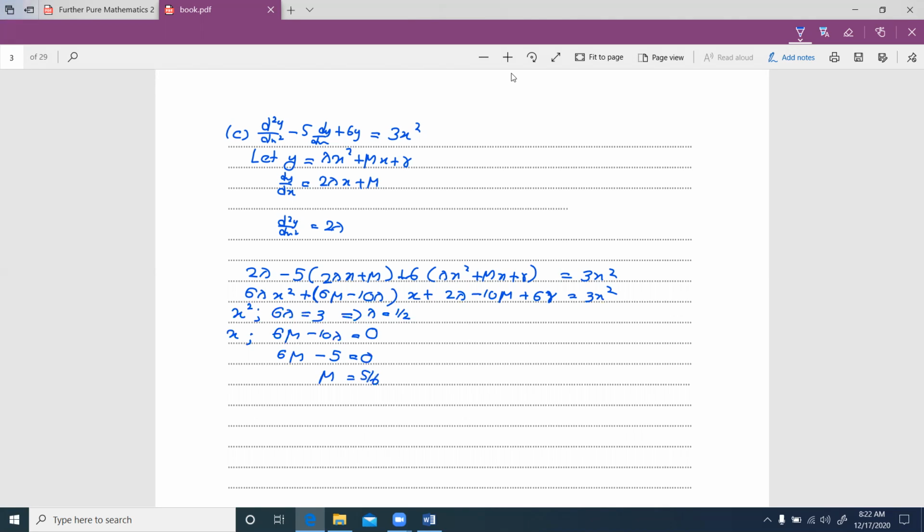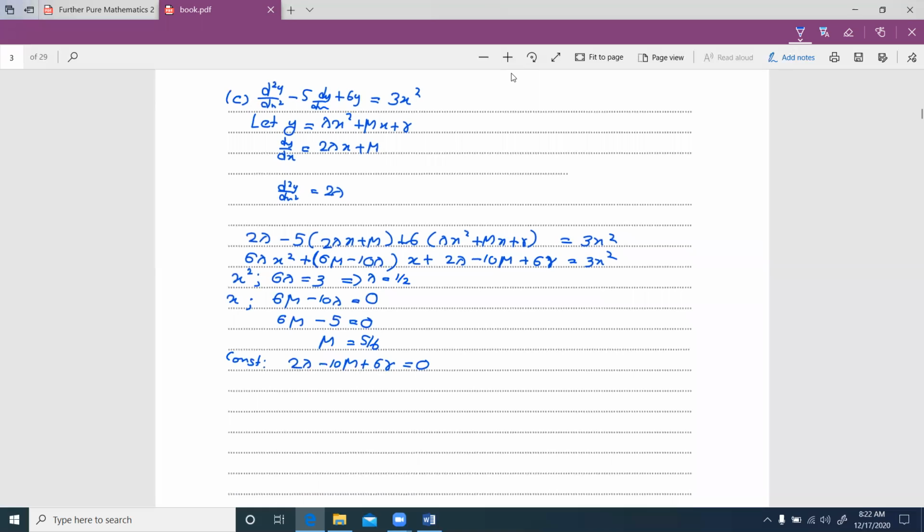Then I'll consider the constant terms. The constant terms here, this is 2 lambda minus 10 mu plus 6 gamma is equal to 0, because there are no constant terms over here. So with that, what you can get is this way. Lambda is half, 2 into half is 1. 10 mu, 10 into 5 divided by 6, that is minus 50 over 6 plus 6 gamma is equal to 0. When you simplify this, you will understand that